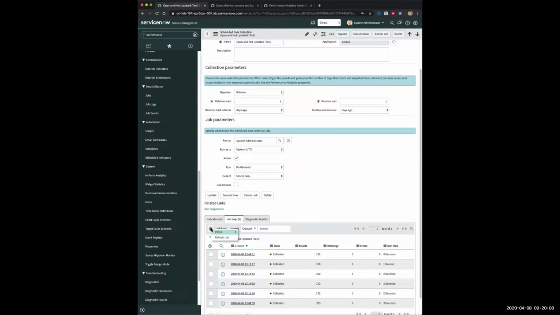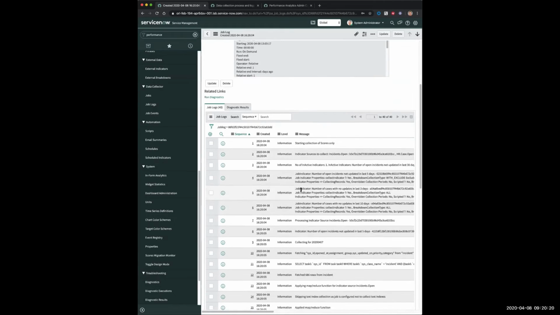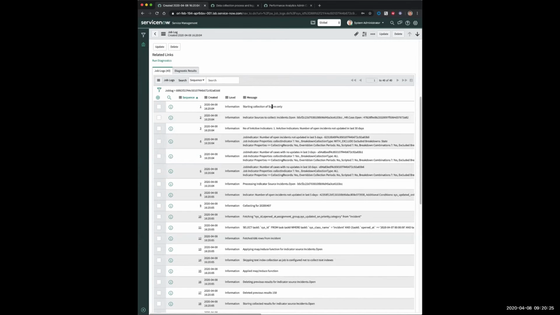Let me go here and hit the refresh button. And let me just look right now at the logging. Let's close this so I can get a little bit of view. All right, so what the logging now introduced in Orlando does is that it basically lists the indicators, or the sources in this case, the indicator sources with their respective sysids that you can use to more easily find all